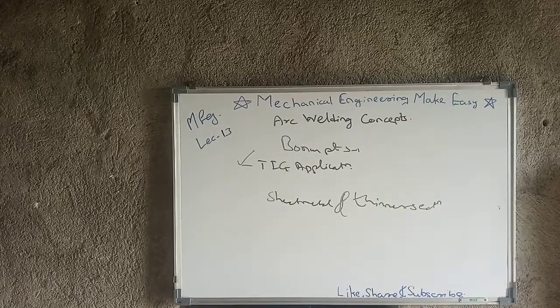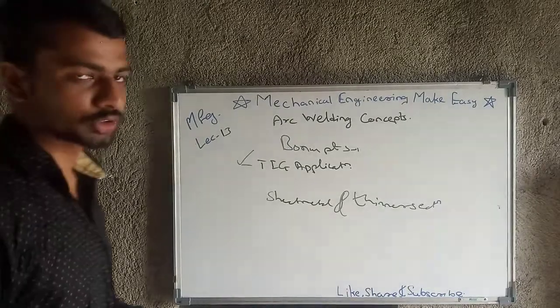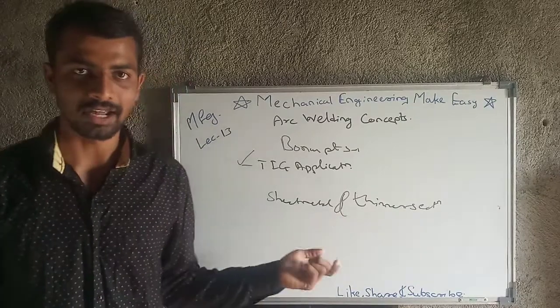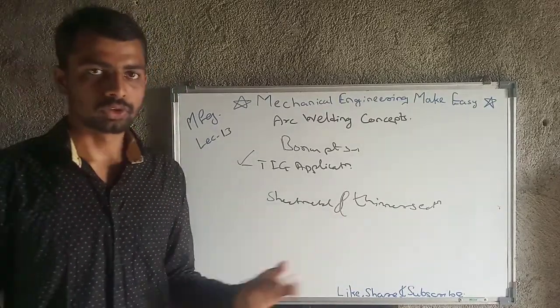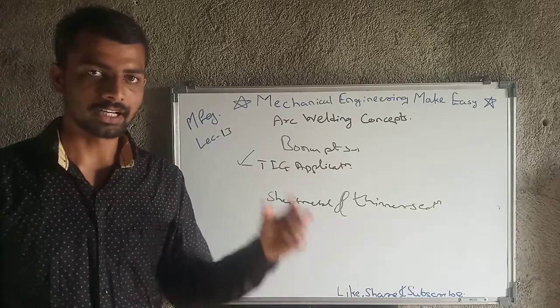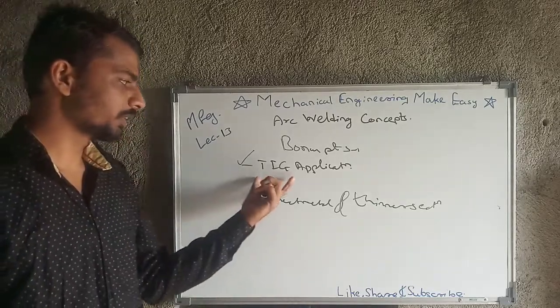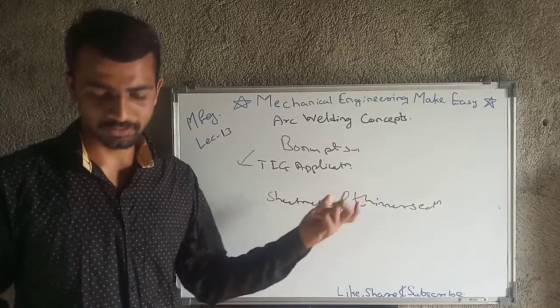Then next is chemical. Then next is instrumental industries, instruments like guitar, tabla etc. In the instrumental industries also there are very complex shapes and sheet metal type shapes, so in that case we use TIG, tungsten inert gas welding.